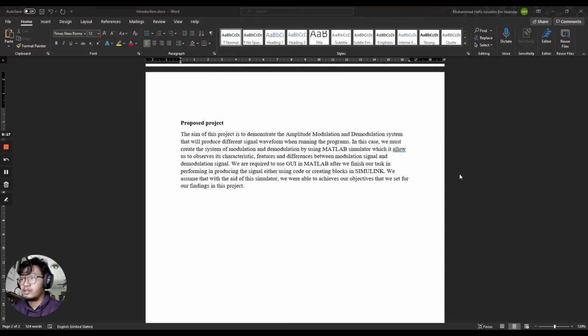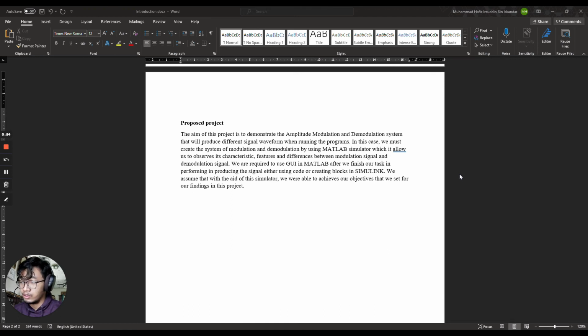The aim of our project is to demonstrate the amplitude modulation and demodulation system that we provide and produce different signal waveforms when running the program. In this case, we must create the system of modulation and demodulation by using the MATLAB simulator, which allows us to observe its characteristic features and the differences between the modulated signal